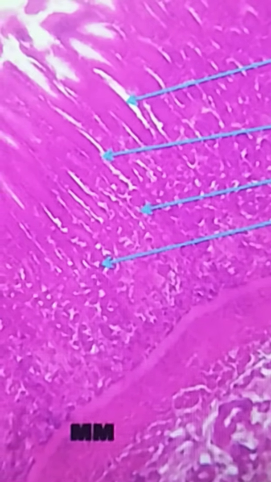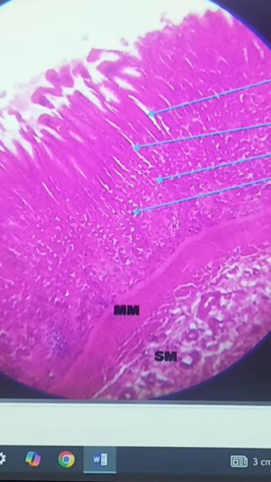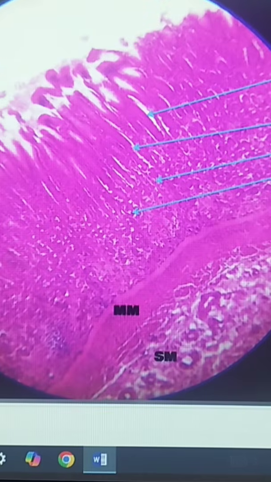Now, how do you compare the depth? You compare the depth of the gastric pits with the level of the muscularis mucosae. This MM is muscularis mucosae. So, there is a very well found muscularis mucosae. Compare the depth of the gastric pits with the muscularis mucosae. So, at the level of the pylorus, the gastric pits are quite deep. Rest are all same.